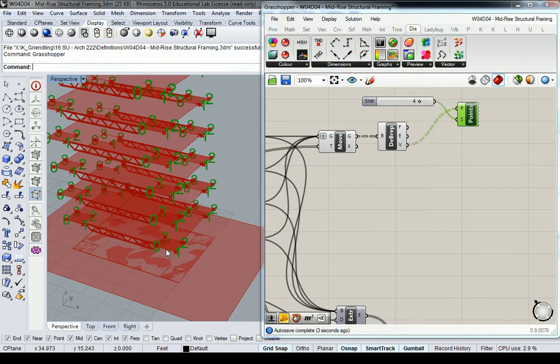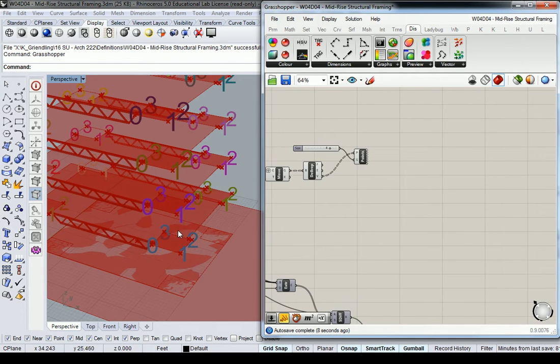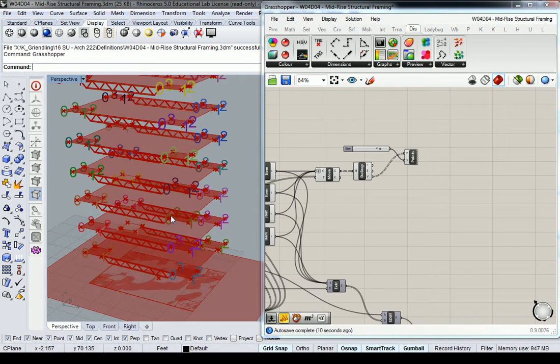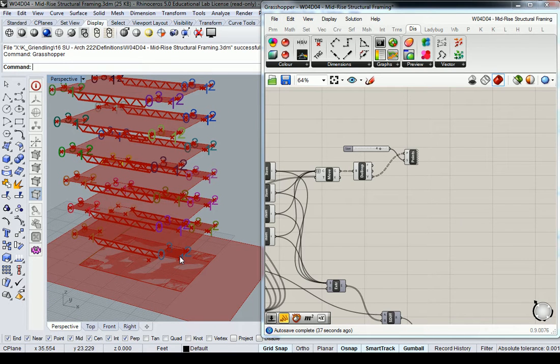Okay, so what's happening is the lists are being generated 0, 1, 2, 3 for each of the particular panels. So what I want to do is to basically break this list up into essentially a grouping of all of the points that are in each of the vertical, I'll call them towers or shafts, right? And that's because I can use a generated series of numbers that are going to tie them between